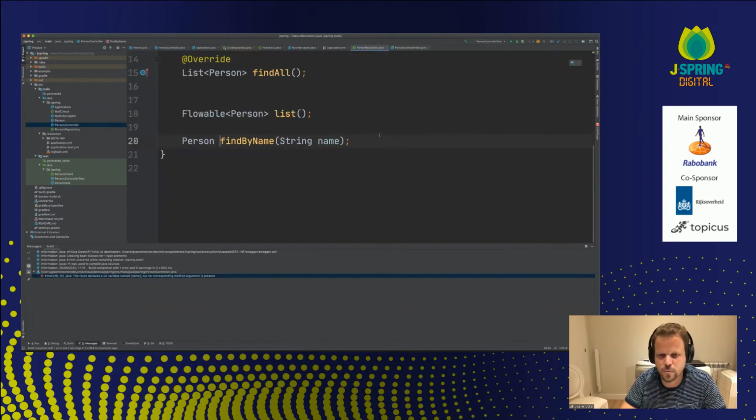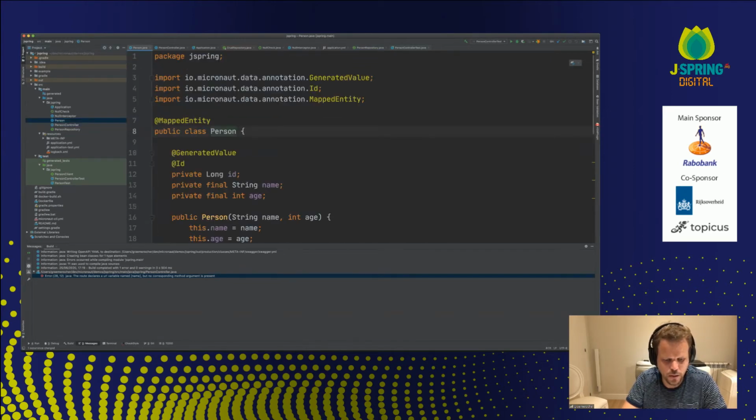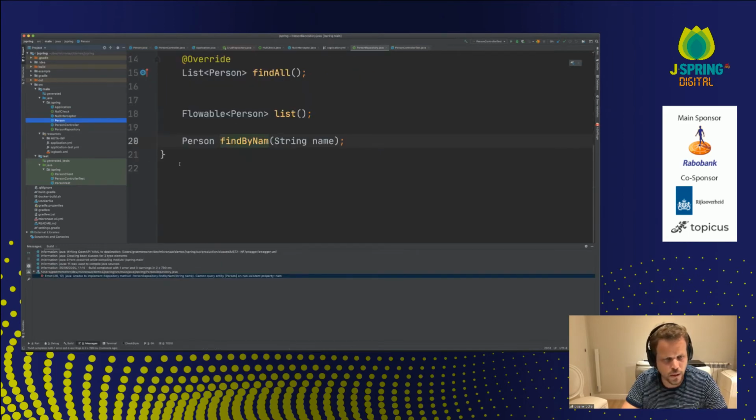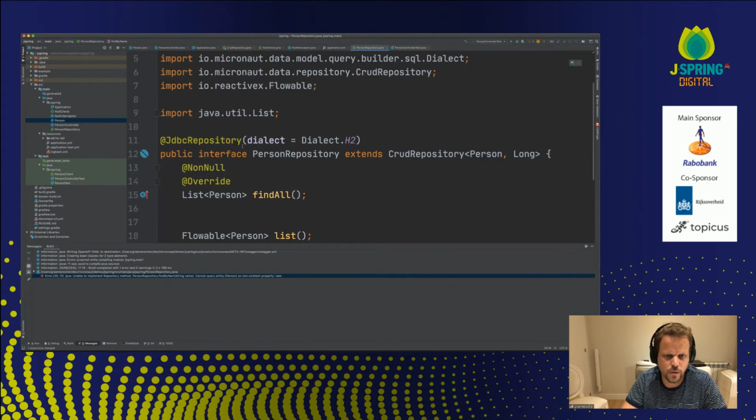And the same thing happens with Micronaut Data JDBC. If I were to use findByNam, and clearly there's no nam property on the Person class, and I try to run that, instead of it failing at runtime with a SQL error of some sort, you get a nice compilation error saying I cannot do that because the person doesn't supply that. So we have some really nice compile time checking when you're using Micronaut, which just adds to the overall experience of using it.